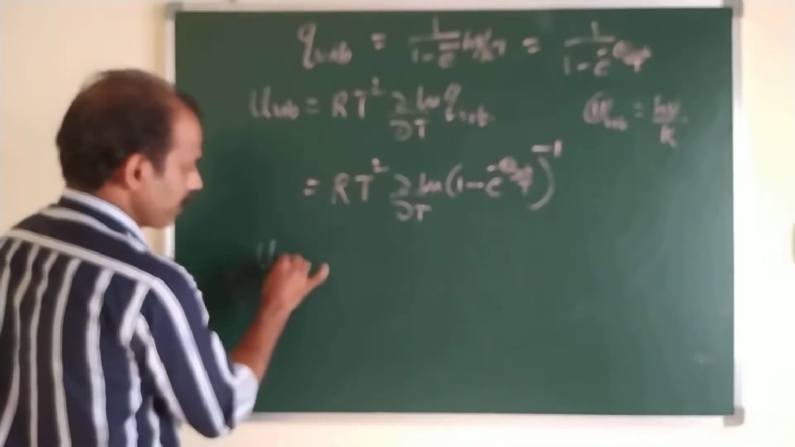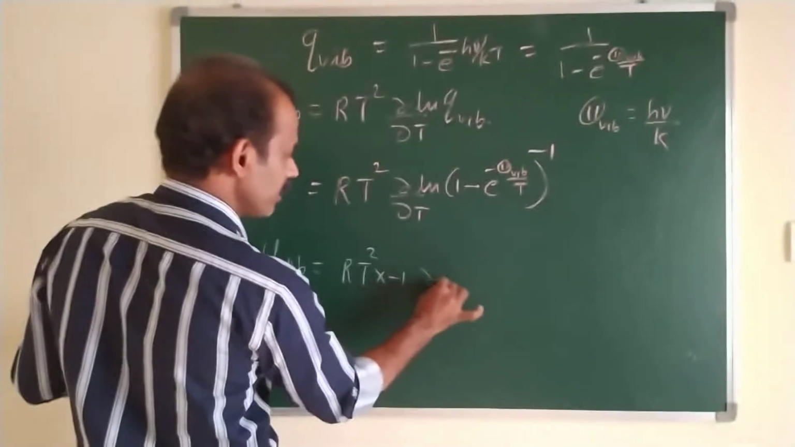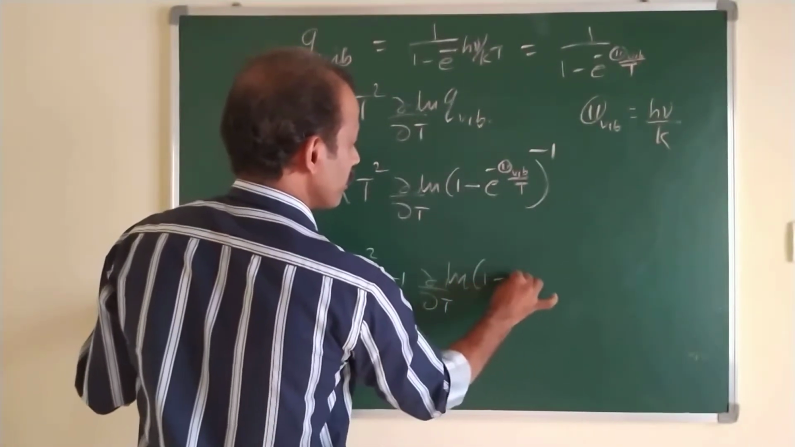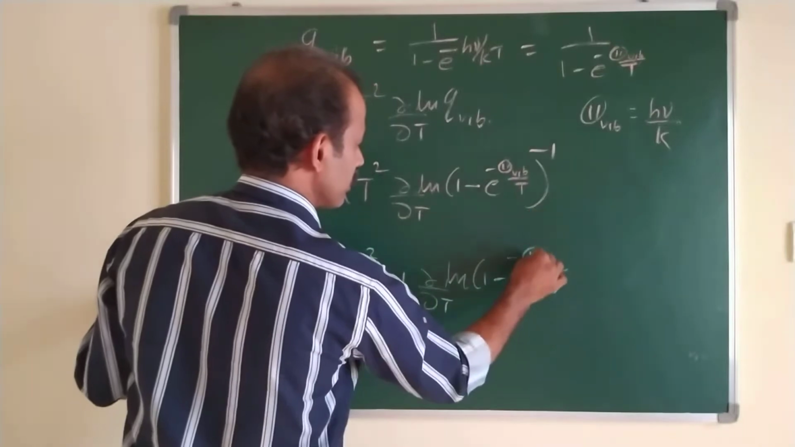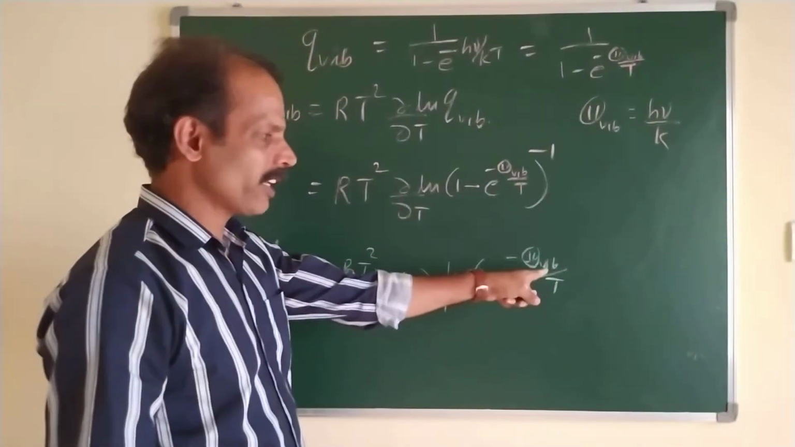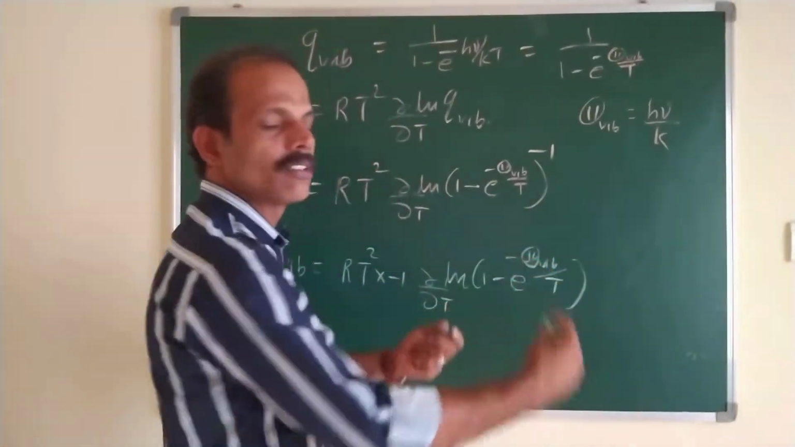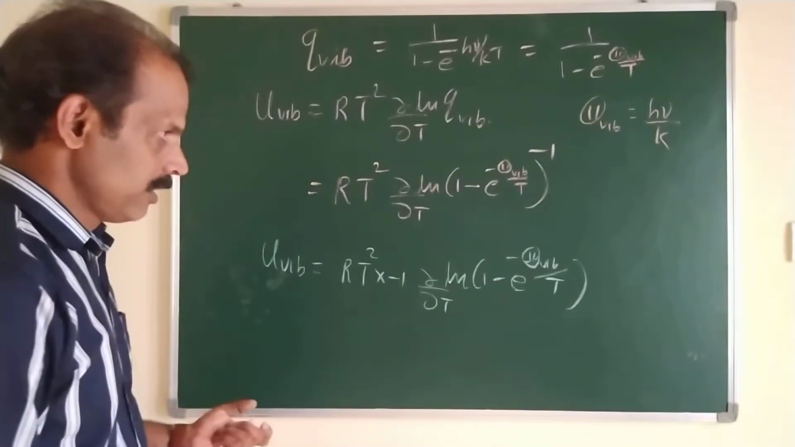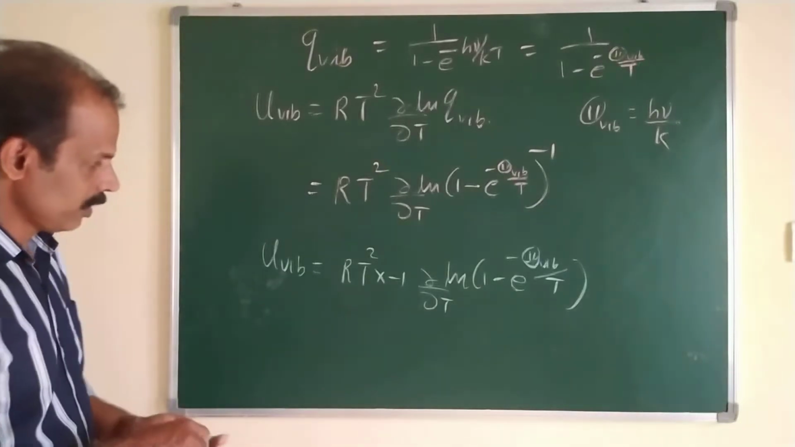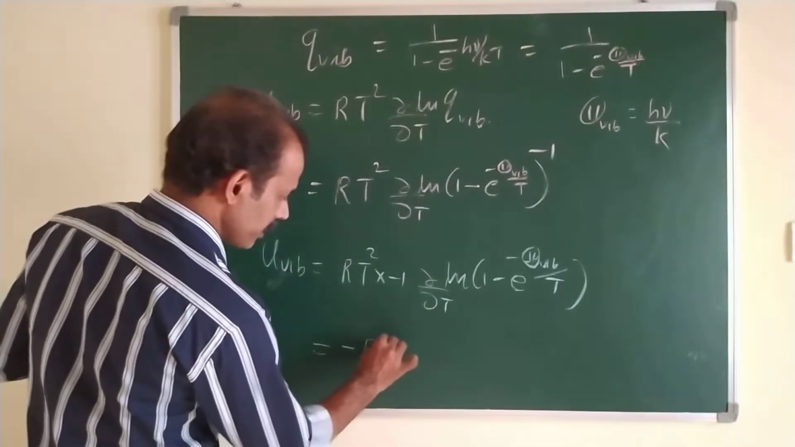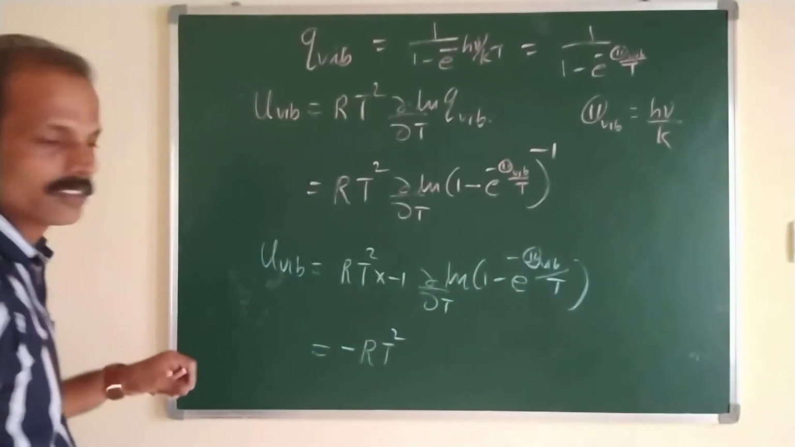That is U vibrational is equal to RT square into minus 1 dou by dou T ln (1 minus e raised to minus theta vibrational by T). Instead of theta vibrational by T, you can put it as h nu by kT, it doesn't matter, or you can put it as x, for example. Minus 1 into RT square is minus RT square. So our equation becomes minus RT square dou by dou T ln